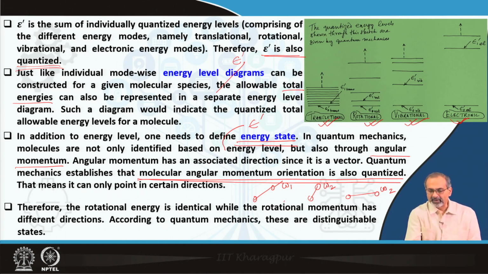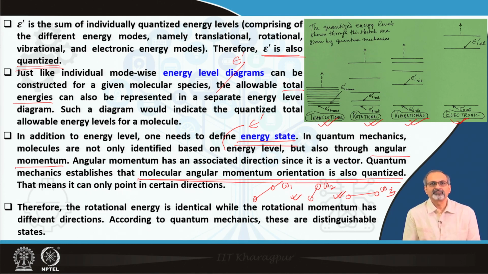There may not be any vectors lying in between if you do not have any allowable quantized levels which can bridge the gap between these vectors. So, that is precisely what we mean by quantization of the angular momentum vector, and that is what comes from